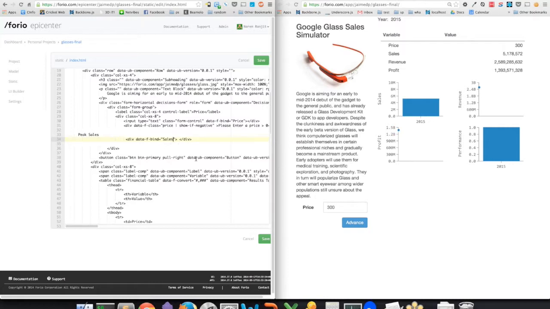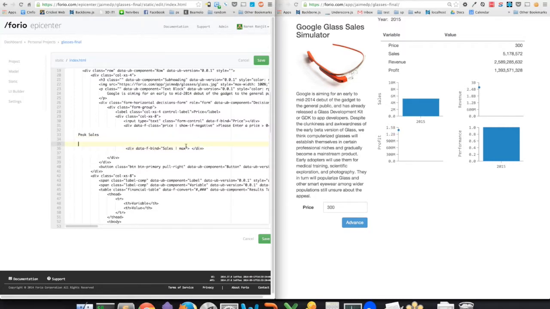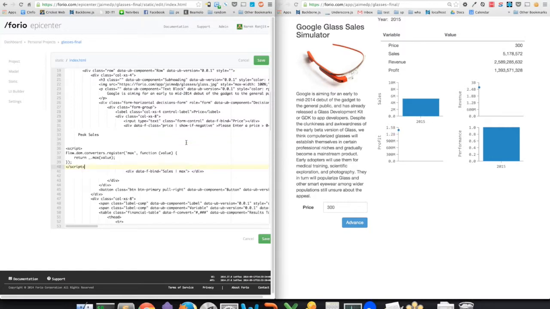So you can again do that by defining your own converter. I can define my own converter called, let's say, max, which is going to return the max of all of the sales arrays. So then I can just say this. I'm going to go in here, add a new script tag. The script up here is pretty simple. I'm just going to return a new converter called max, which is going to take an array of sales values and then just return the max sales. So I'm going to save this,